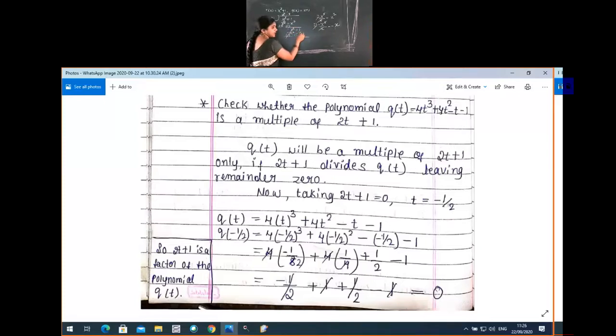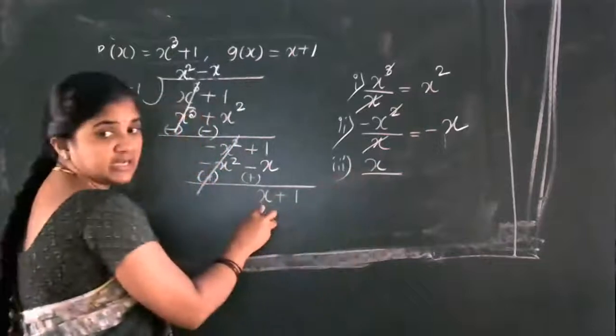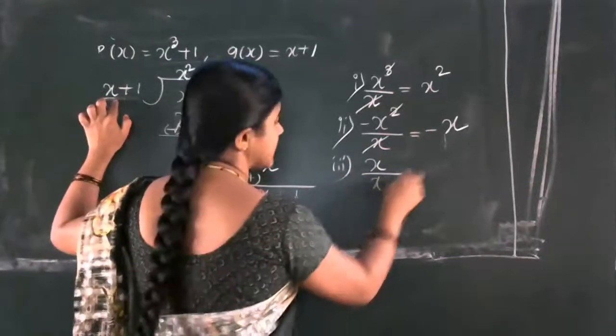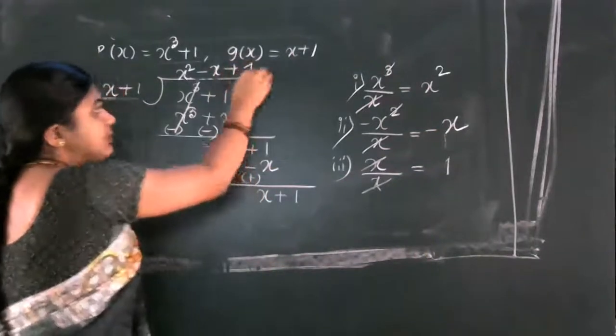Then again we are observing unlike terms, so we cannot add. That's why we have to bring these two terms down for the next step with the proper sign. Here x has a plus sign, and 1 also has a plus sign. x plus 1 we have received for the next step. Now we have to decide the third term of the quotient. How to decide it? The dividend's first term, x, divided by the divisor's first term, also x. x divided by x is 1, that is plus 1.